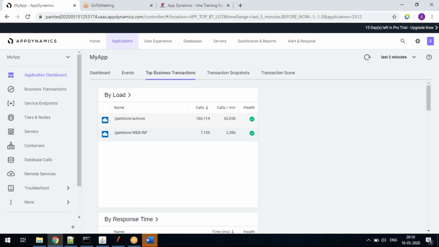Then what will you do? You will capture that metric, and then you will provide it to the respective team, either a front-end developer or a back-end developer or a DBA person, to whomever you want to share the data. You will share it and get things done, right? So that will be a value add for them. You are saying exactly at this place you are having an issue, you are telling it to those developers or the DBA person. For them it is very easy to fine tune that issue.